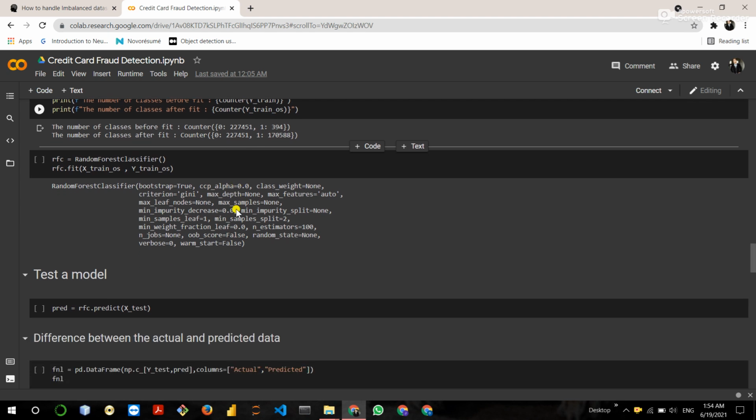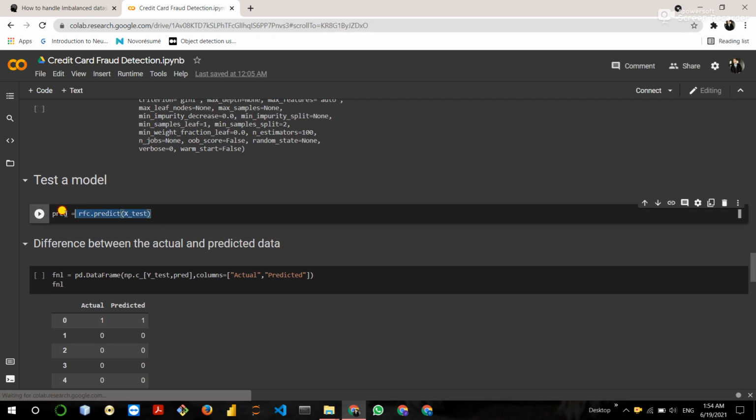Now define our model, random forest classifier, and create the object of the random forest classifier. You can define here any model like decision tree classifier, SVC, naive Bayes, etc. Now train the model using our new data, X_train_OS and y_train_OS data.